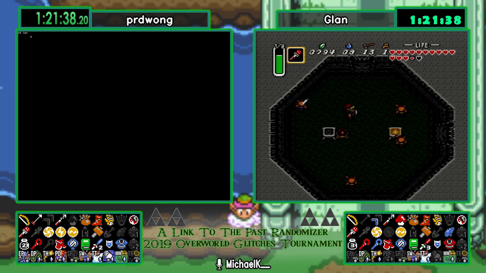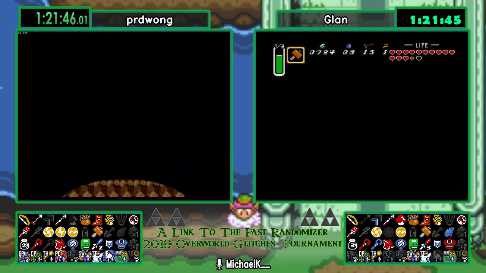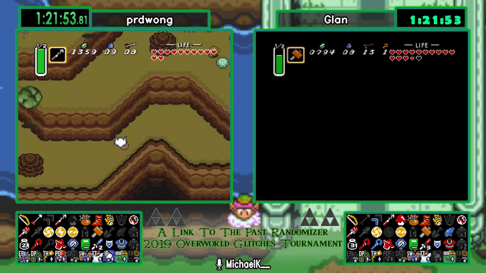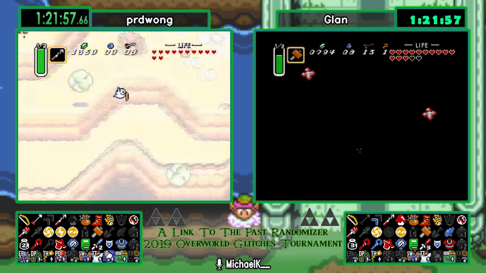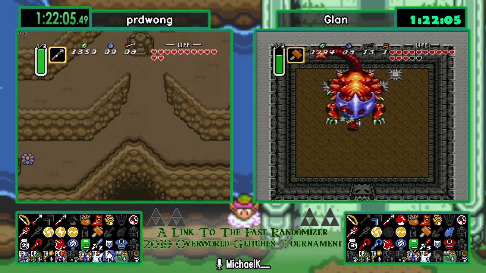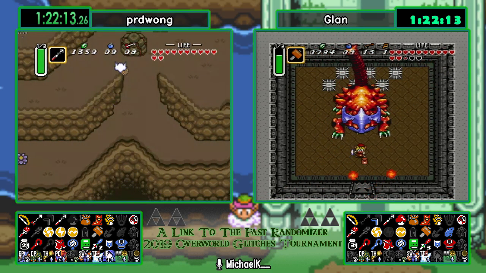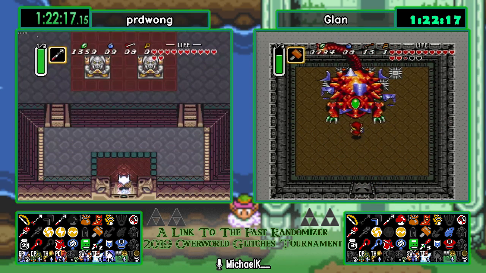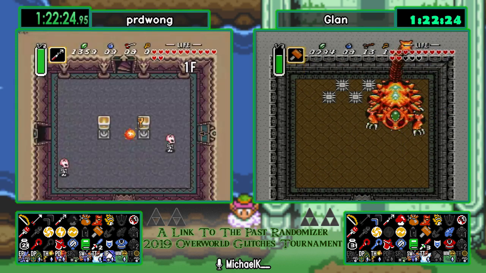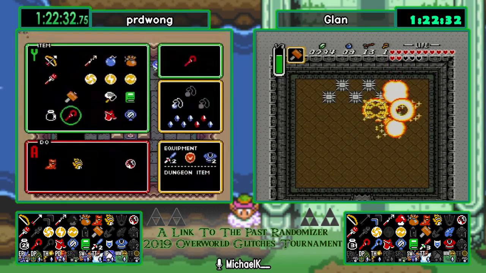The silvers are in the back of the Palace of Darkness in the Dark Maze. So, based on how PRD will decide to route against Tower right now, he will either be entering the Ganon fight about the same time as Glan is going to, or he will enter the Ganon fight in about the time difference that